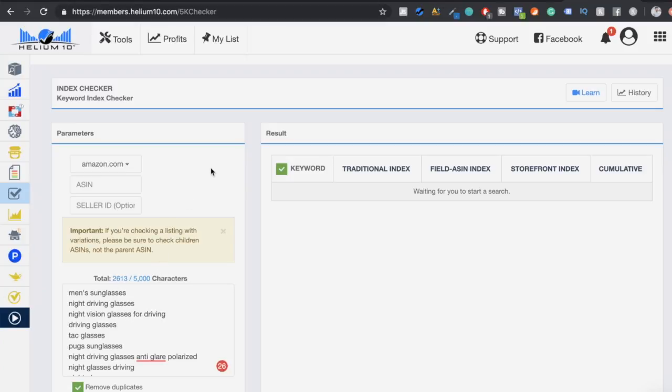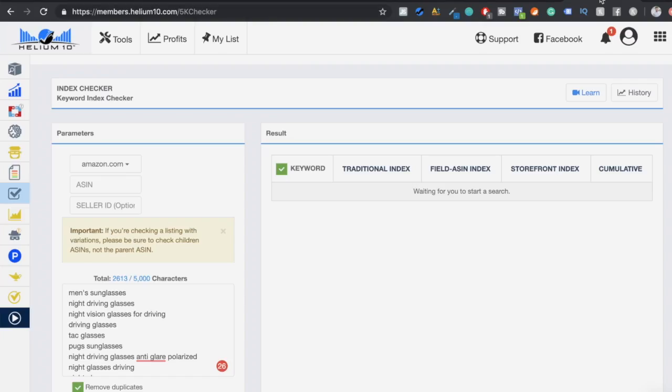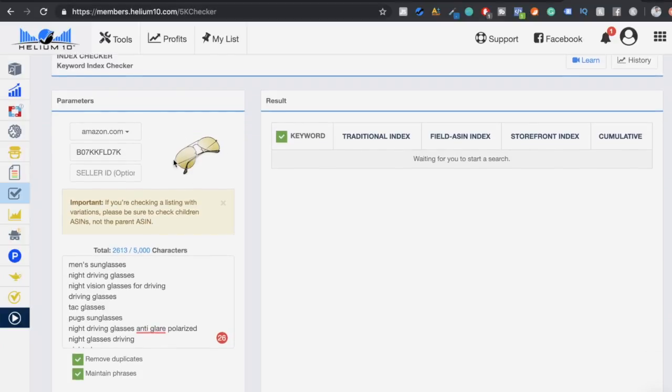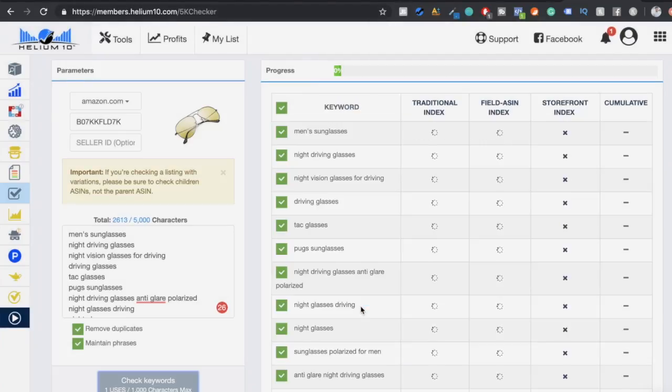So what we're going to do is come to our listing. Remember I said we're going to use this as our listing. So we're going to take our ASIN, go back into Helium 10, and paste it in here. Okay, so it pulled it up, and then we can check for the keywords. So continue. The reason we're doing this is because we want to know which keywords we're ranking for, so that we can run PPC on them, so we can add them to our listing, so we can actually start to